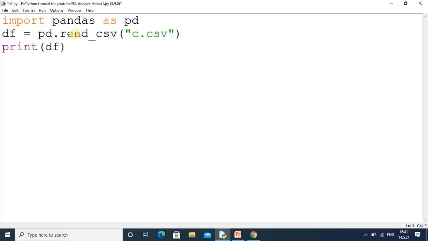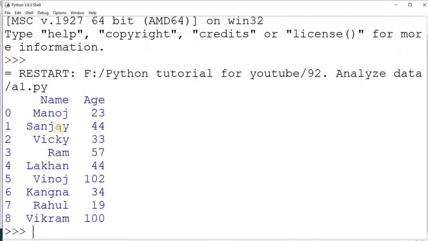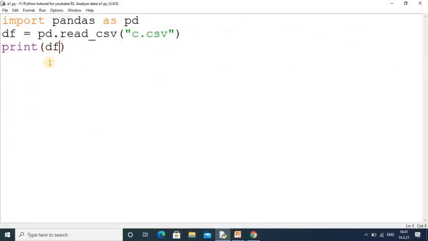Here we are now in the Python IDLE, and in the previous class we already discussed this code. There is the pandas library, and we are including this c.csv file in the program, and when we run this code we get all the information from that CSV file. Here we get a total of 9 records, from 0 to 8, but suppose I don't want all the records. Here I use df, that object, and